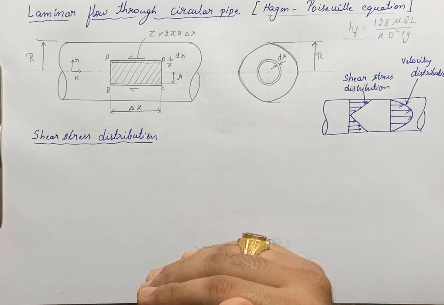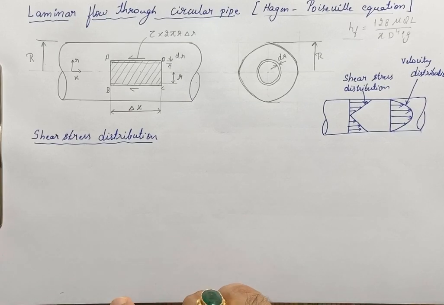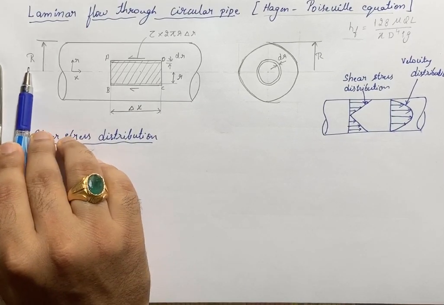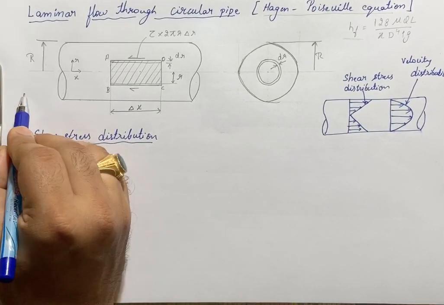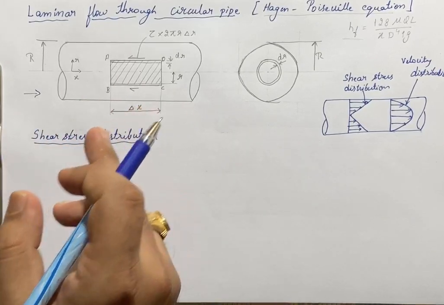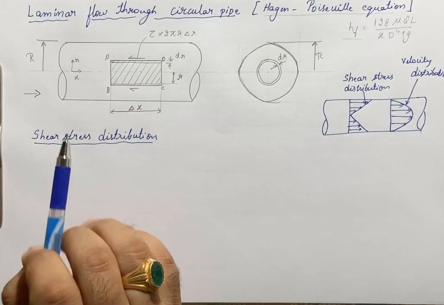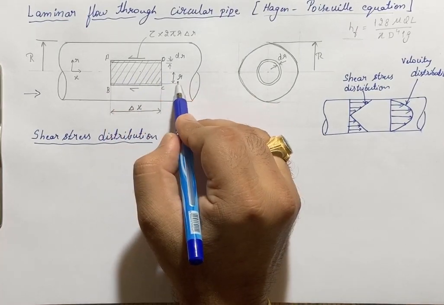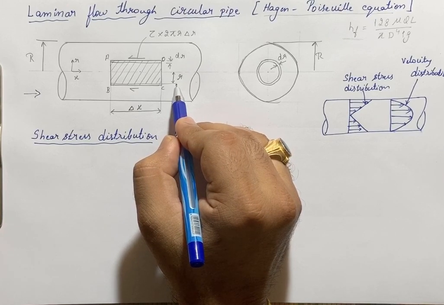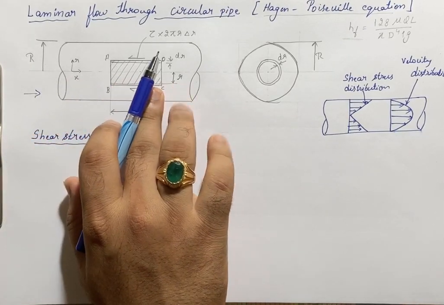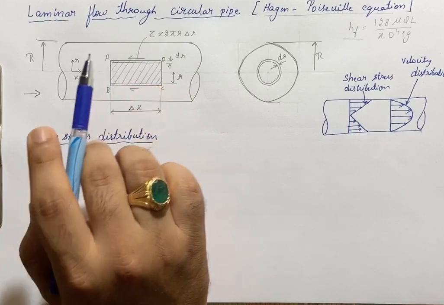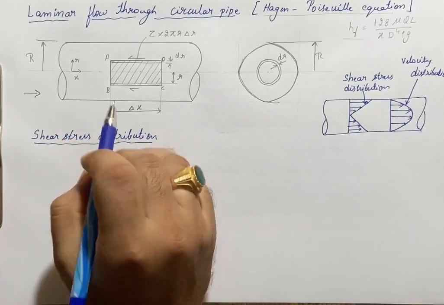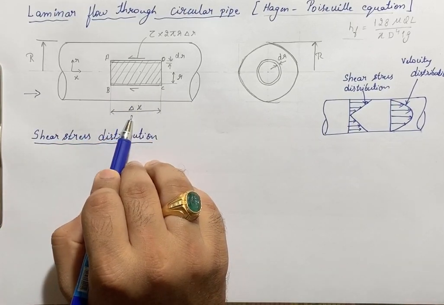Now, first we have considered a horizontal pipe of radius capital R. The fluid is flowing from left to right here. Now we have considered a fluid element of radius r. This ABCD that I have written is the fluid element of radius small r, sliding in the cylindrical fluid element of radius r plus dr. The length of the fluid element from here to here is delta x.